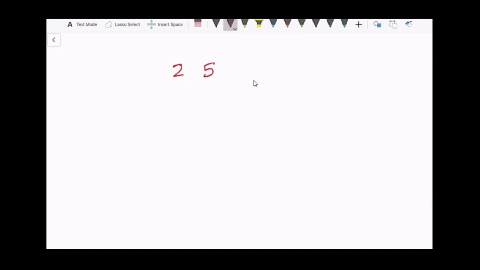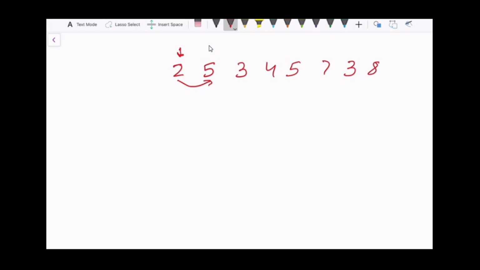2, 5, 3, 4, 5, 7, 3, 8. So for 2, what is the rightmost element which is greater than 2? So this is 5. And I know that my right pointer cannot go beyond that for this element to be maximum. So basically I'm storing for each index the range in which this element will be maximum. For the left pointer, I don't have anything which is greater, so I can take anything as the left pointer.